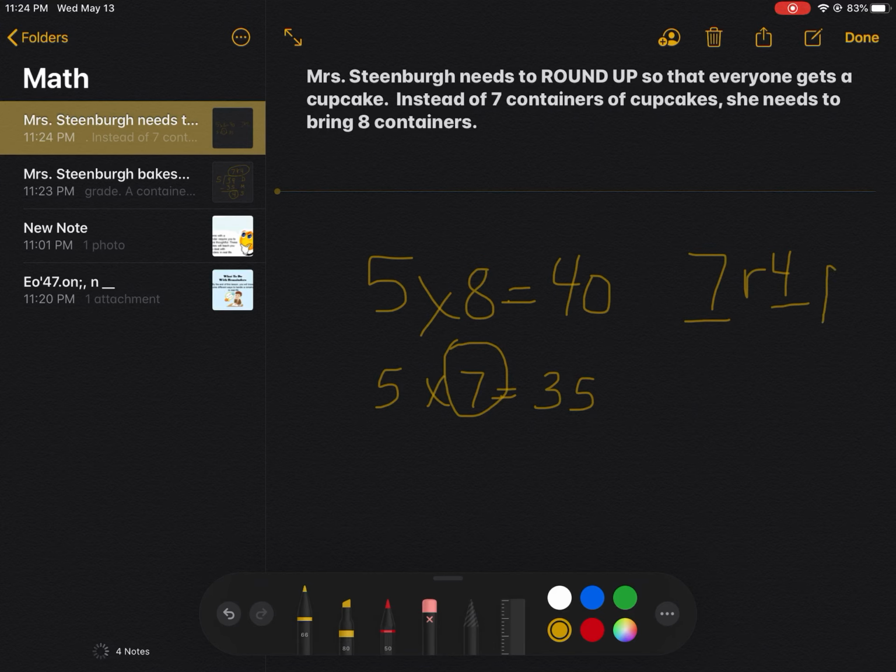I have to add another container to put these 4 into. So I've got 7 full containers, and then I have a container that does not get filled completely, but that's okay. I will have 5 in each of these 7 containers, and then I'm going to have 1 container with just 4. But those 4 students are going to be pretty happy that she brought them all in, okay? So today you're going to look at some more examples of problems just like this one,